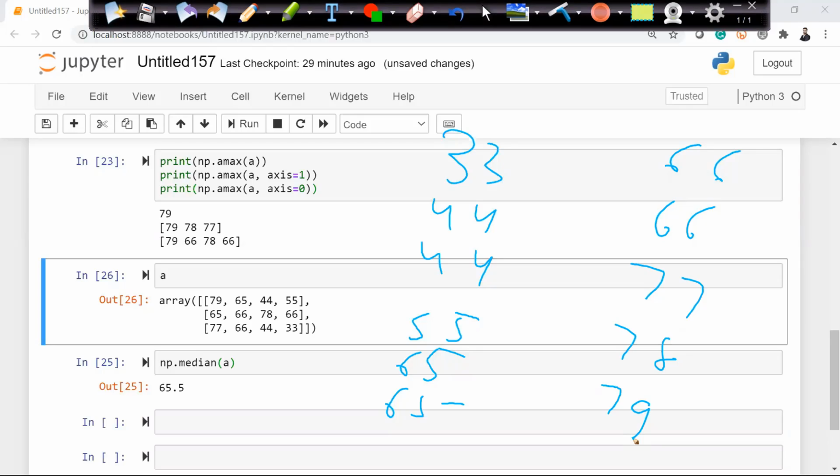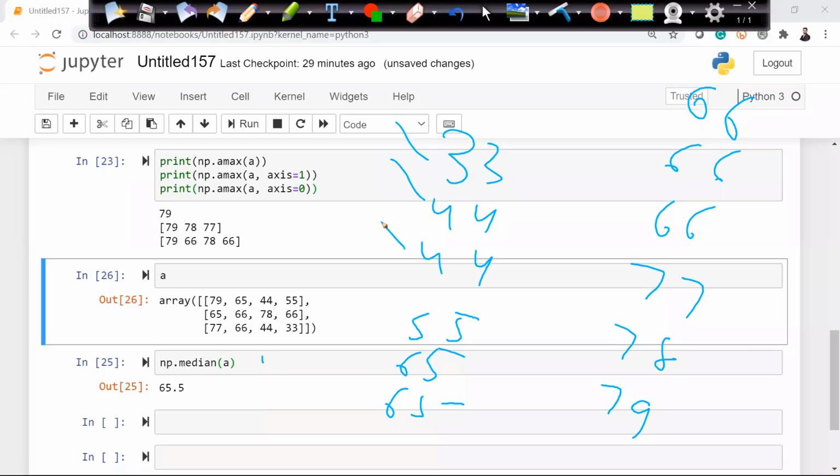One more value is missing. 12 values should be there. So which one is missing? 44 two times, 33 one time, 55 one time, 65 two times, 66 two times. Which one is missing? 66 is 3 times. Okay, cool. So now we have 12 values.